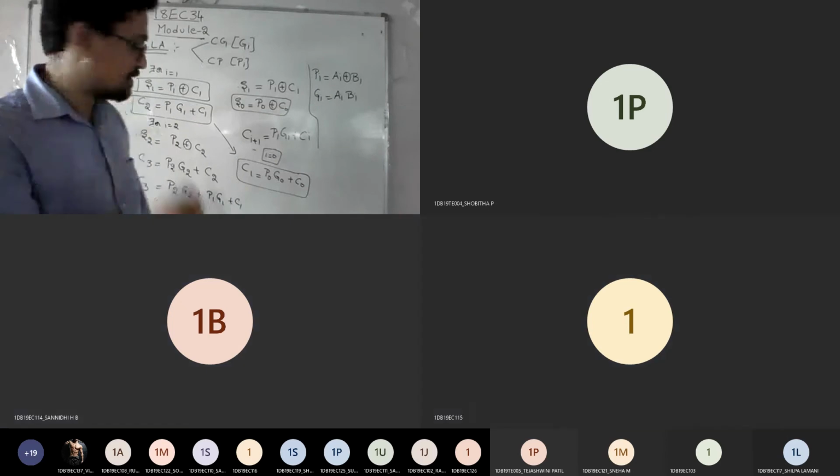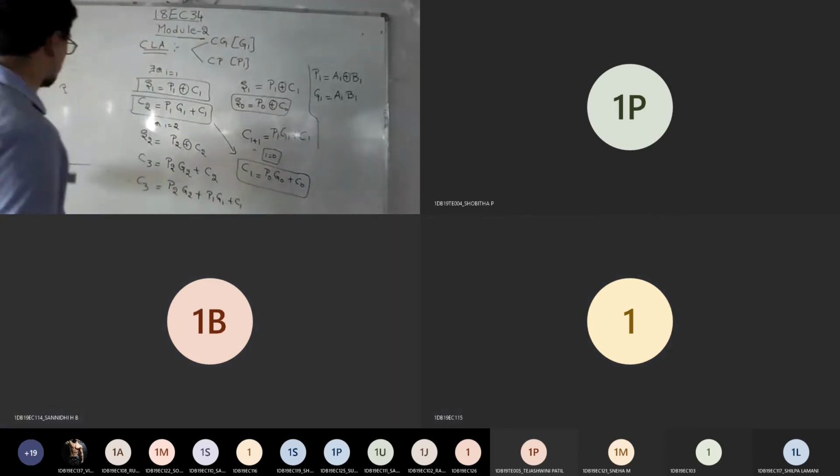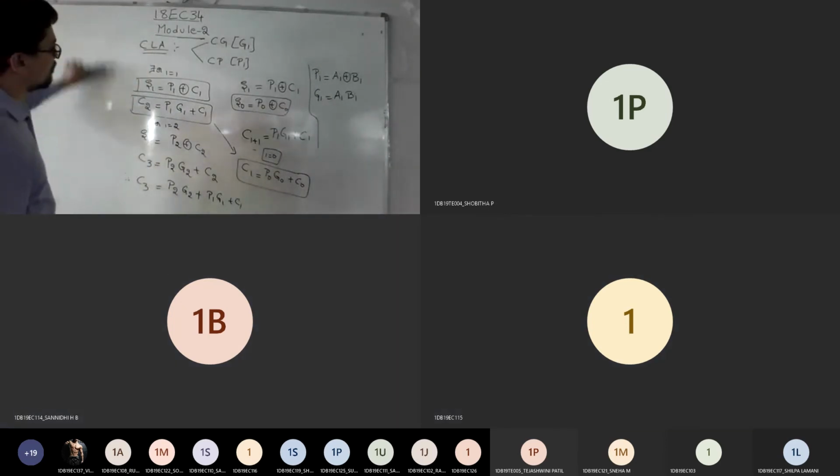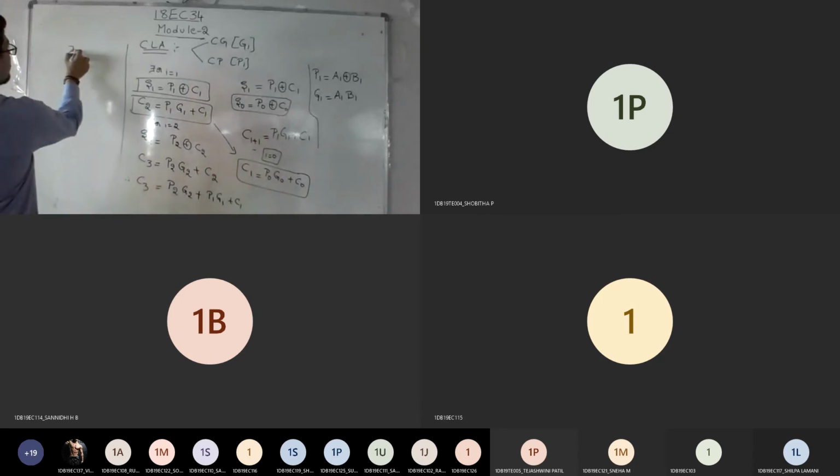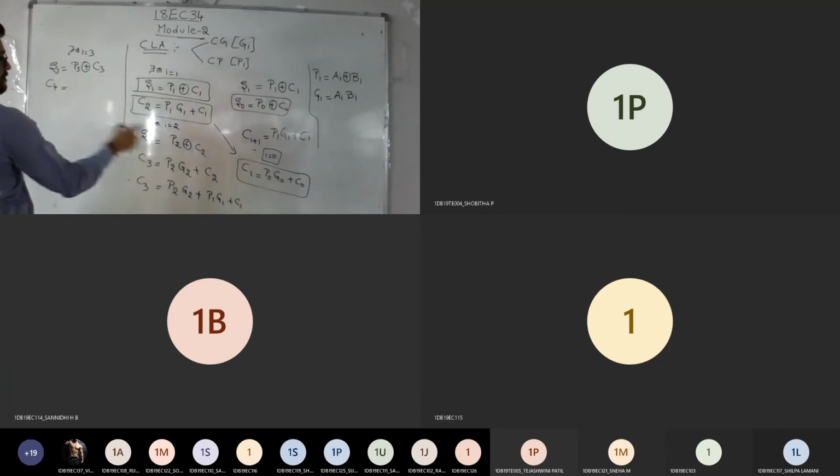Yes, sir. Similarly, you conclude with the last one, for 4-bit I have to take I equals 3. So you'll get S3 as P3 XOR C3. Next, what happens for this? It becomes C4. Look at the equation, tell me. That becomes P3 G3 plus C3.